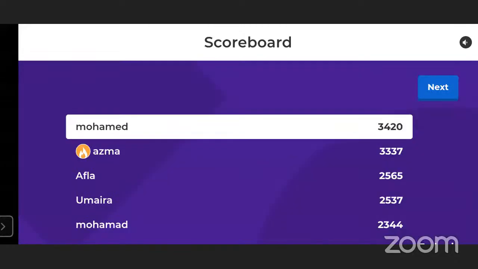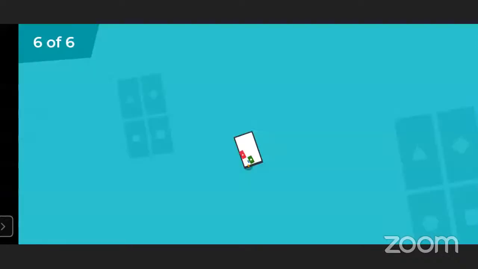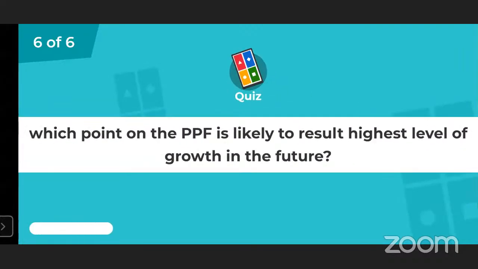Okay, right. The last question, we'll see the leader. You can see that there is a name, the fireball is there, right, Asma? That means that continuously she has answered 3 questions. That's what it shows. So the last question, we can find the winner.